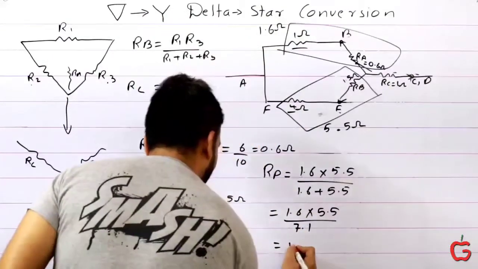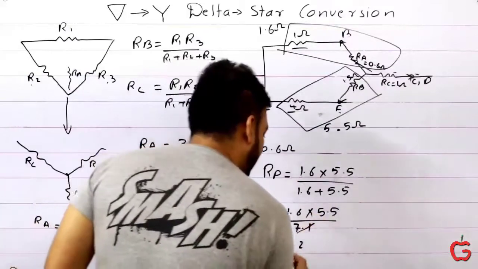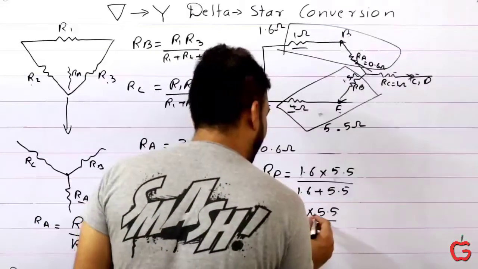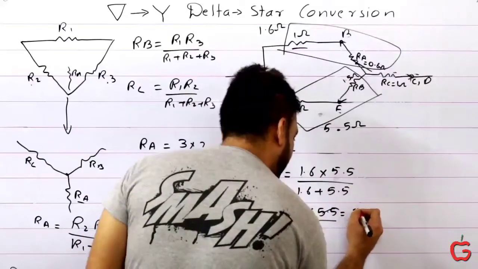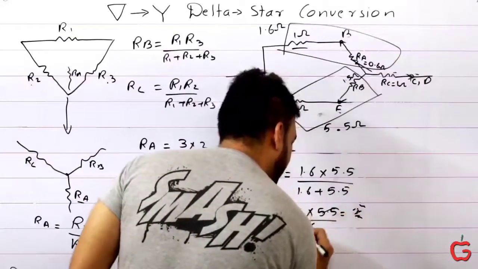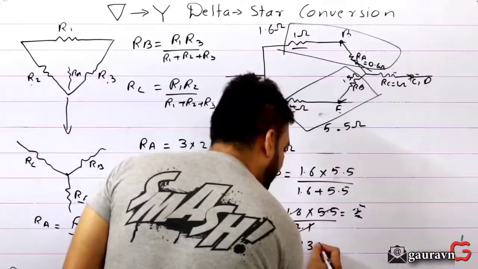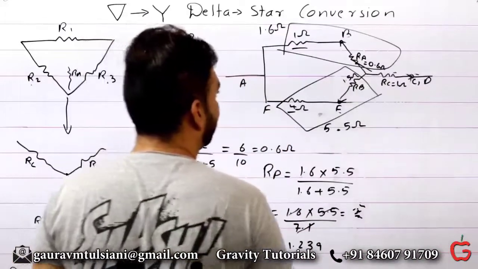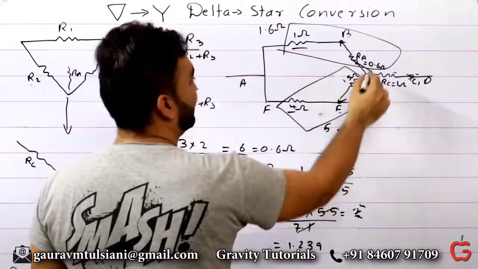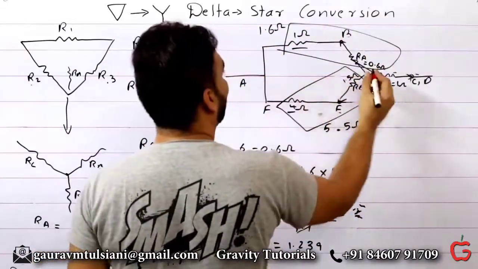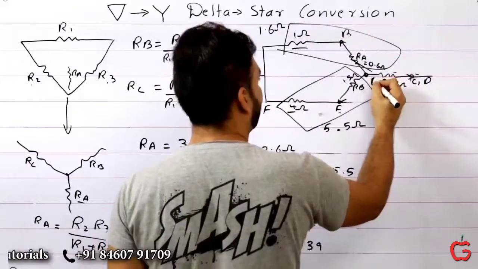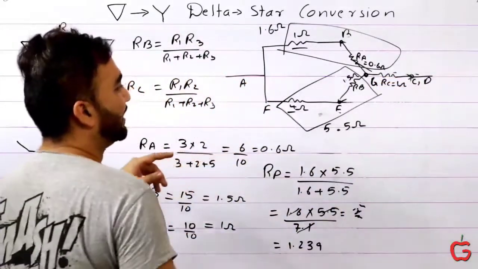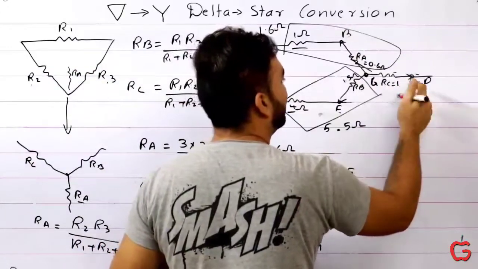So this comes to be 1.239. So this entire circuit between point A and point G is 1.239, and then we have 1 ohm in